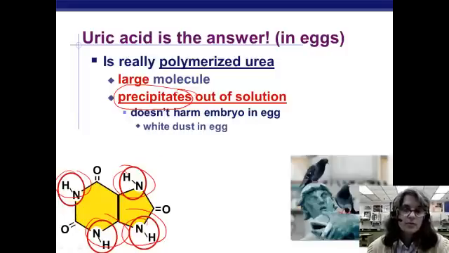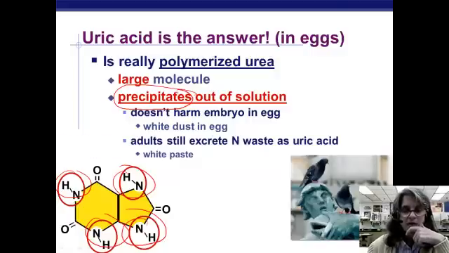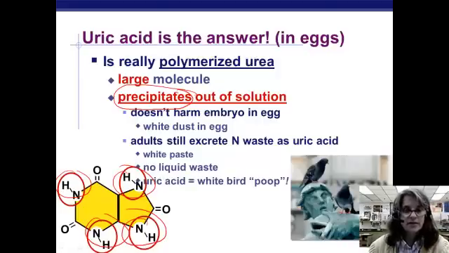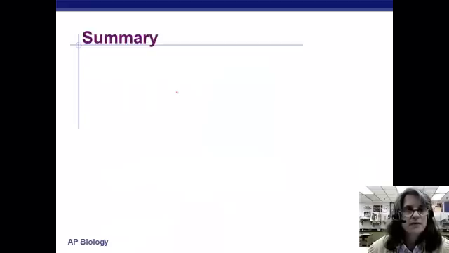And in fact, if you were to crack open an egg, you would find a membrane full of this white dust. When a bird poops on your car, and it's that nasty white stuff, unless they've eaten berries, and then there might be purple stuff in with it. But that white stuff is uric acid. It's a powder. It's mostly dry. Obviously, it's not totally dry, but it is certainly much less a problem than getting peed on by a mammal flying overhead. Okay? So, there is no truly watery liquid waste. Okay? Uric acid is the white bird poop. Alright, so